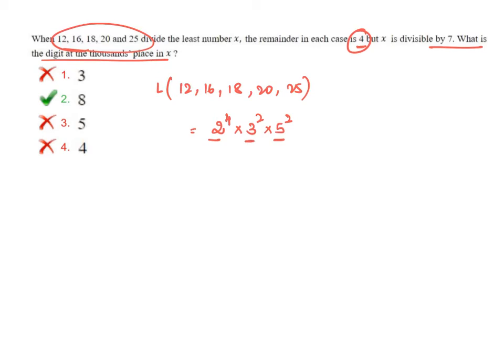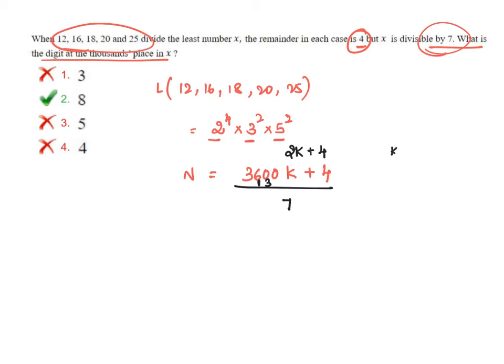So the general format is LCM into K plus the remainder. So this is the number that we want. But it is perfectly divisible by 7, he says. So divide it by 7 and see the remainder that you're going to get. So 7 5s are 35, 1. Then after 7 1s are 7, you're left with 3. Then after 7 4s are 28, then it is 2k plus 4.